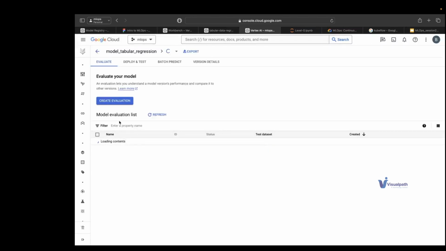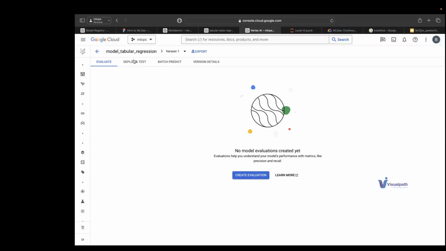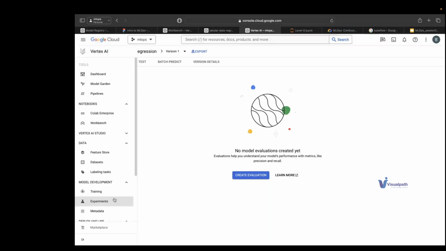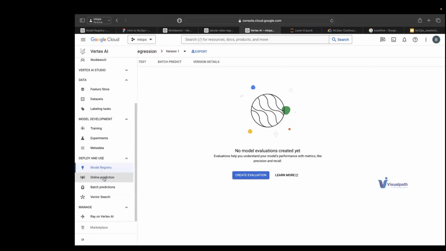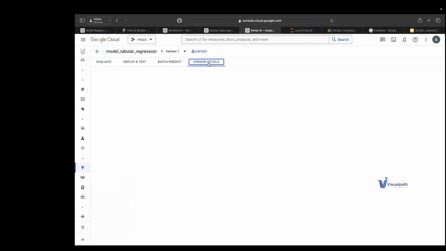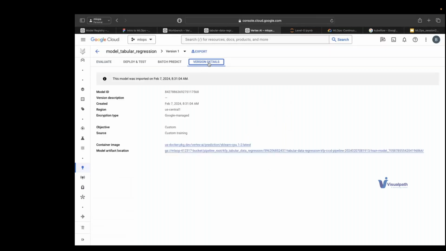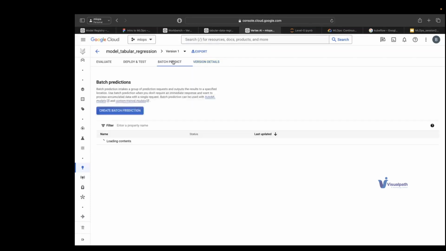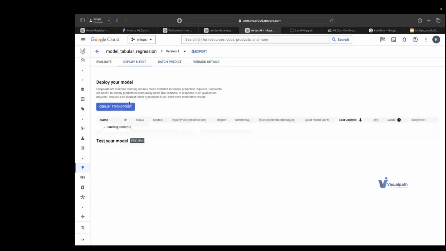We'll click on this version and see. So if you see, we are in the online predictions, in the model registry, where we have version details. There is a container image, there is an artifact location. So this is the same, SQL and CPU. We can do batch prediction, deploy and test on an online prediction. If you see, the deployment process is still happening.